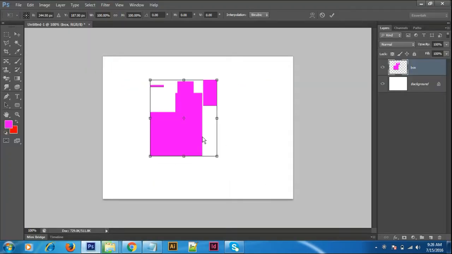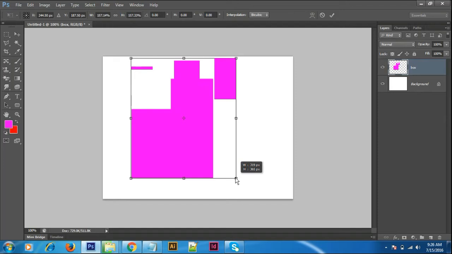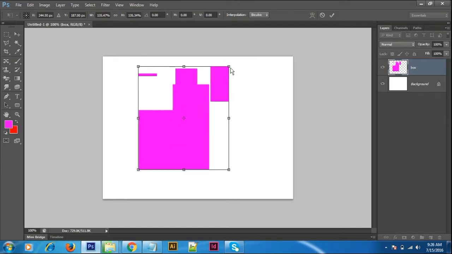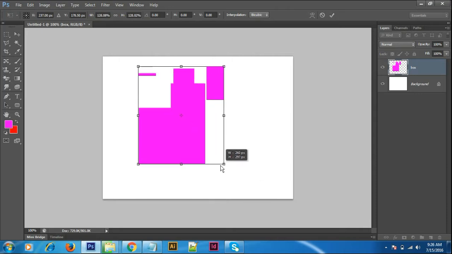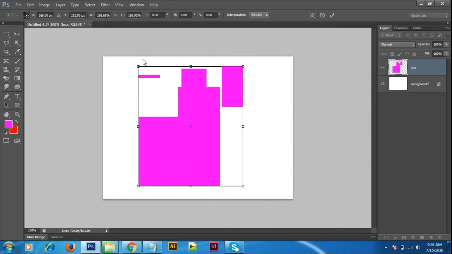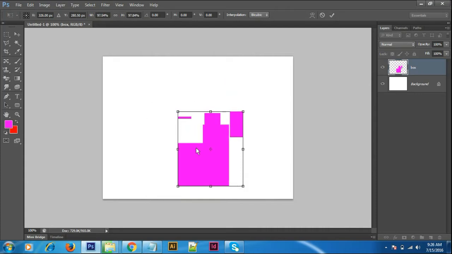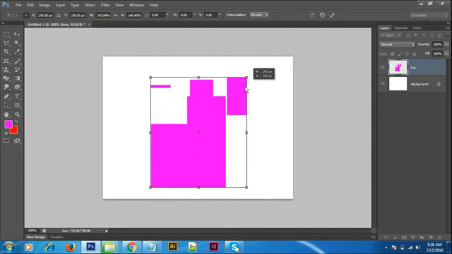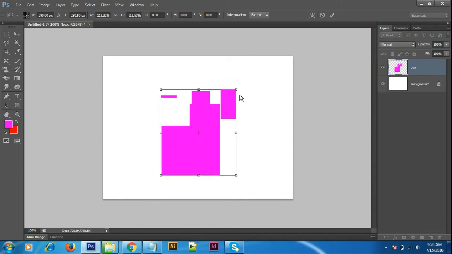And what is the shortcut to duplicate the layer? See, Control plus T. I'm just holding Shift plus Alt and dragging one of the corners. If you drag any corner holding only Shift, then what happens? Only the size or the angle will increase. Increase or decrease, yes, but I need to go for all four sides equally. Right, like this. Hold Shift plus Alt and drag one of the corners.